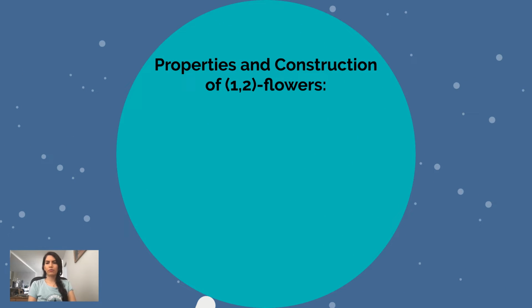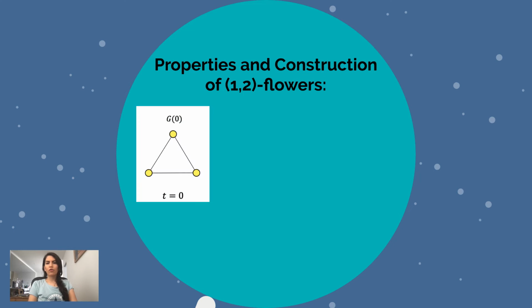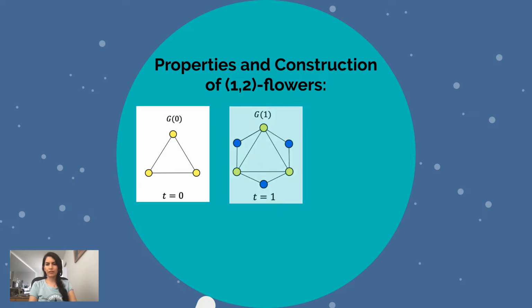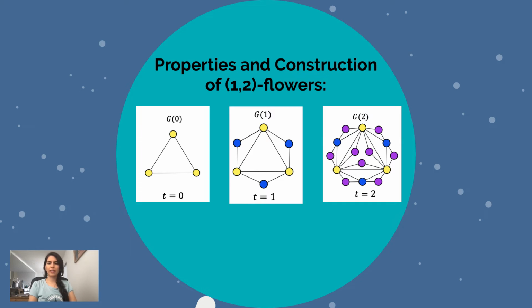These networks are built using an iterative method. Here we will see the evolution process of a 1-2 flower showing the first 3 generations. For all t greater than 1, the new generation G_t is obtained from G_{t-1} by attaching a new node to both ends of each edge. So at each time step t, the number of newly added nodes is 3^t, and the total number of nodes will then equal (3^(t+1) + 3) / 2.